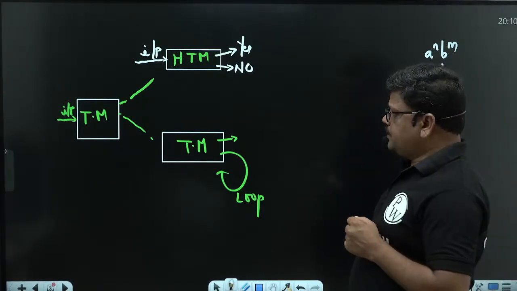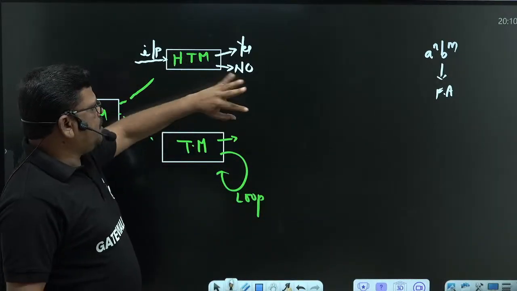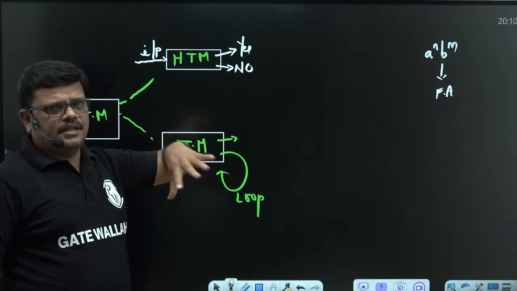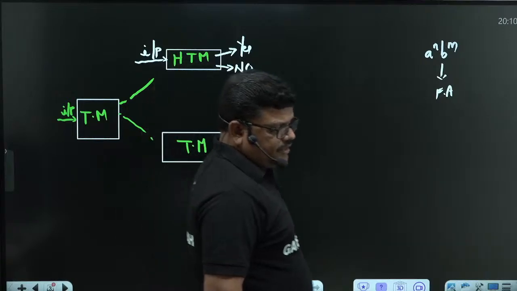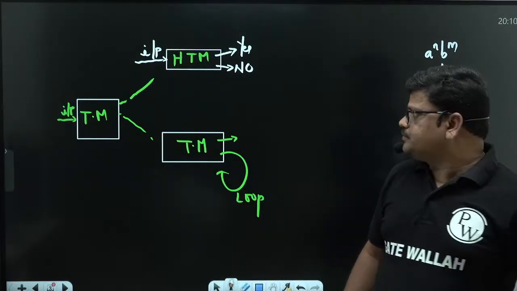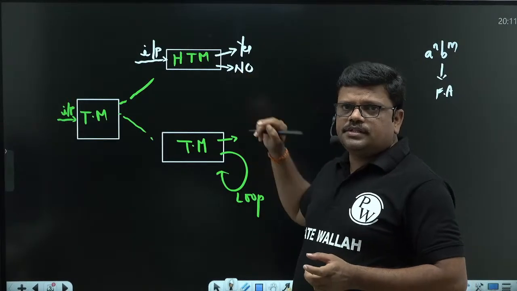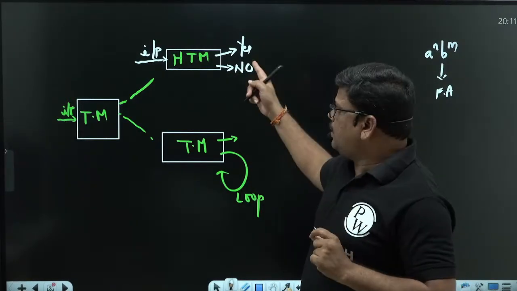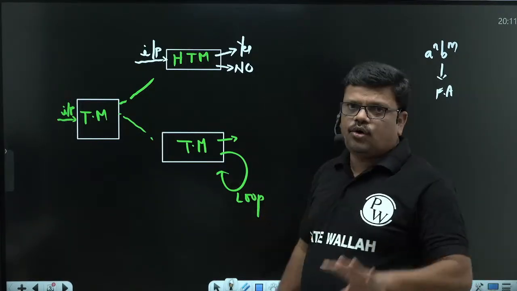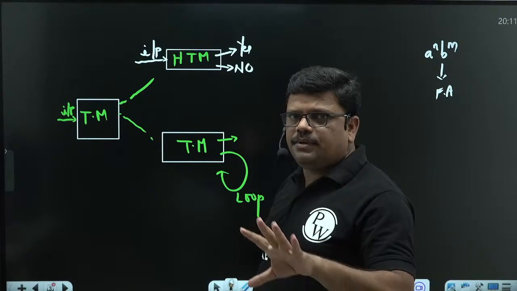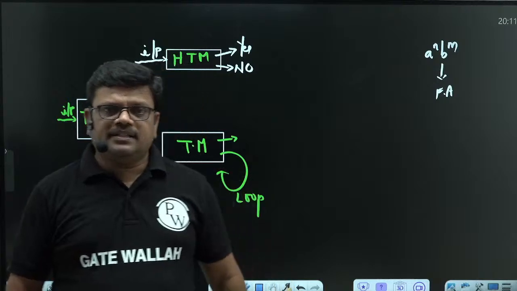But here, the halting Turing machine will show the same behavior. For a valid string, it will halt and say yes. The construction part is similar to whatever we constructed in the last class. Today we are not observing the construction, we are observing the property of the Turing machine. For any language, if you construct a halting Turing machine, for the strings belonging to that language, it will halt in the final state, and for the strings not belonging to that language, it will halt in the non-final state. Halt means stop. So halting will always be there for valid strings and invalid strings in the case of a halting Turing machine. But that is not the case here.